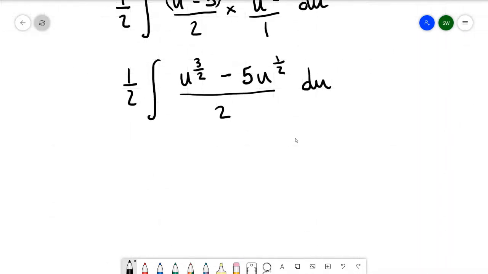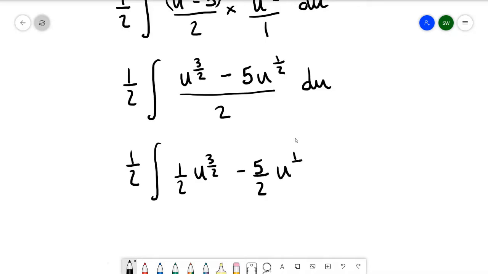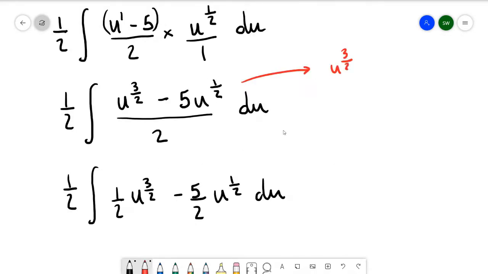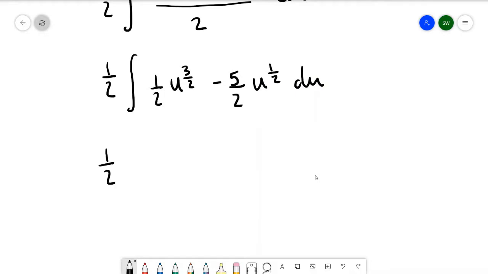Okay, so at this point we've got an integral that we can do. You could take out a factor of a half outside of this integral, or you could split this up into a half u to the power of 3 over 2 minus 5 over 2 u to the power of a half. I've just divided both terms by 2, or if you prefer to think about it, I've split it up into two fractions like that. So let's leave the half out at the front,